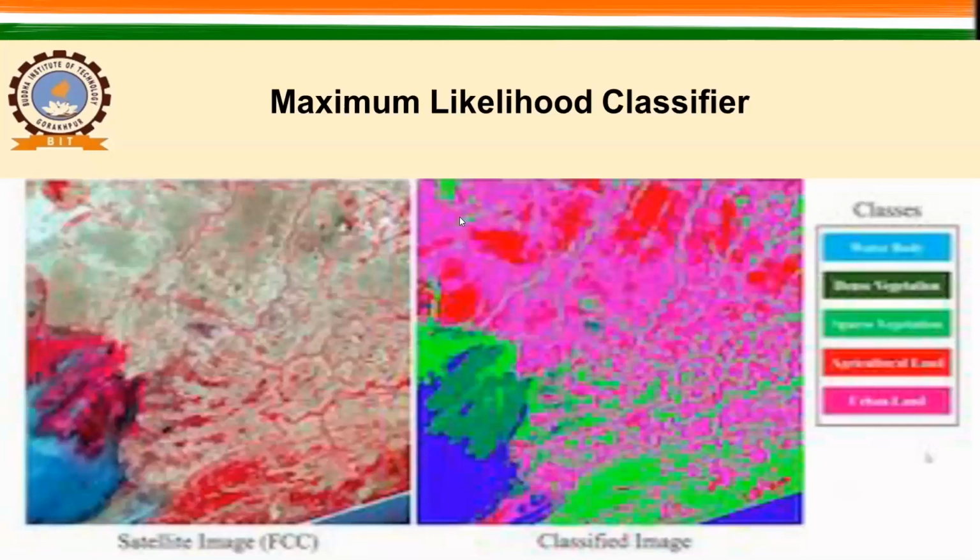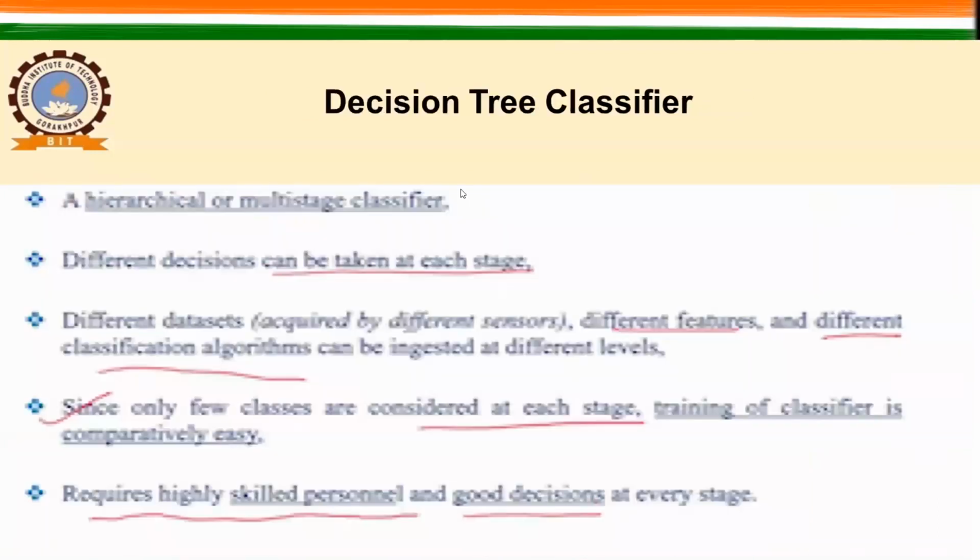Okay, so the second classification technique is the decision tree classifier. It is a hierarchical and multi-stage classifier. Multi-stage means you can have multiple stages or levels where you can change your decision and the input data, because in the previous method we classified the image using only one method, where the data is fixed and the method is fixed.